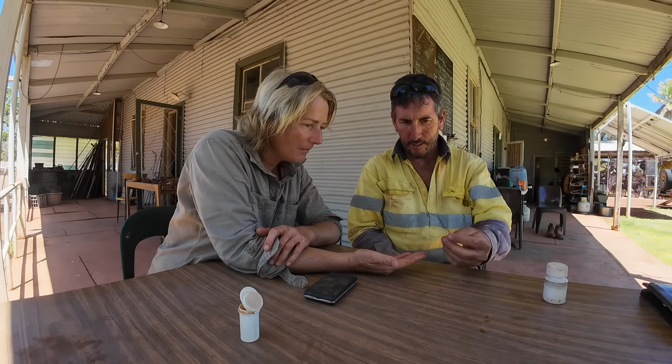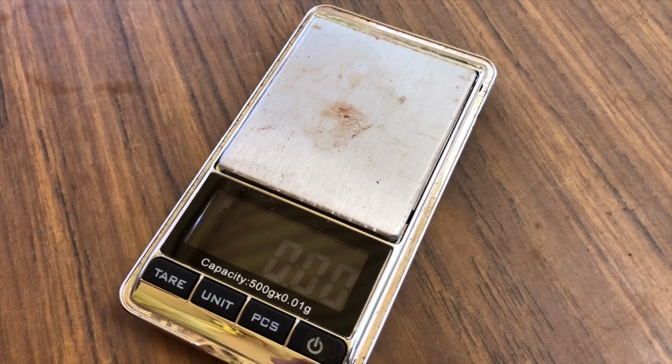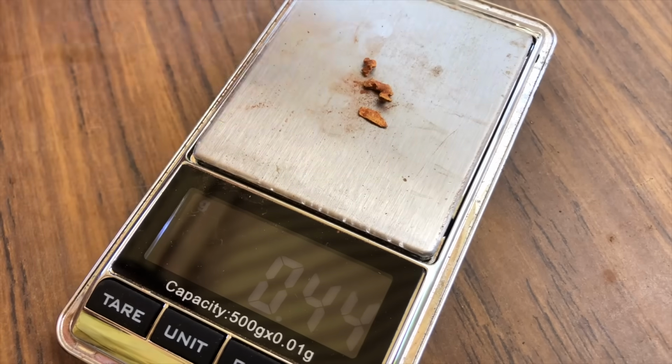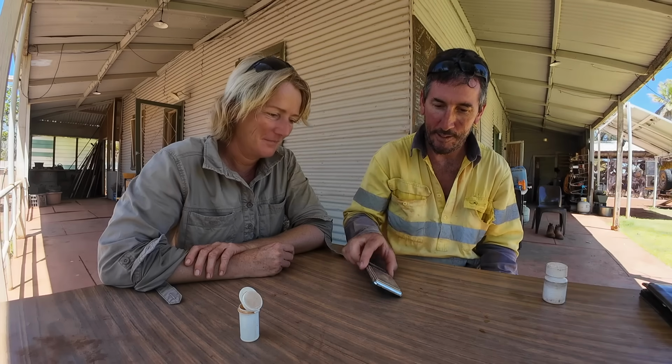Let's look at that. That's flat. Flat and thin as paper. Flat and skinny. Oh, wait, mine first. 0.4. Half a gram. Half a gram's not too bad. Covers the fuel. Yeah, most definitely. Yeah. Not too bad for...